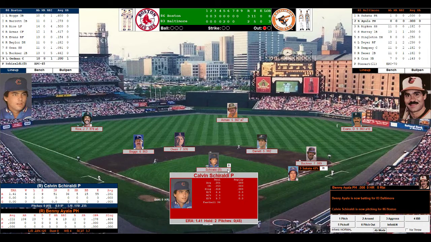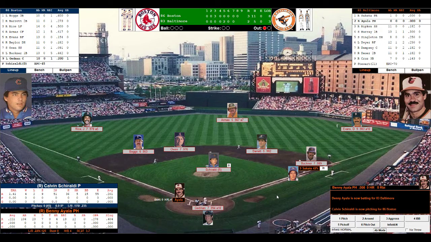So Calvin Schiraldi comes out of the pen. Tying run at first. Go-ahead run at the plate. Schiraldi, 4 wins, 2 losses, 9 saves. Earned run average 1.41. Struck out 55, walked 15, batting average against .201. Lefties batted .170, righties .235. 1 out. Red Sox want to turn 2 with Owen Barrett pinching the middle.